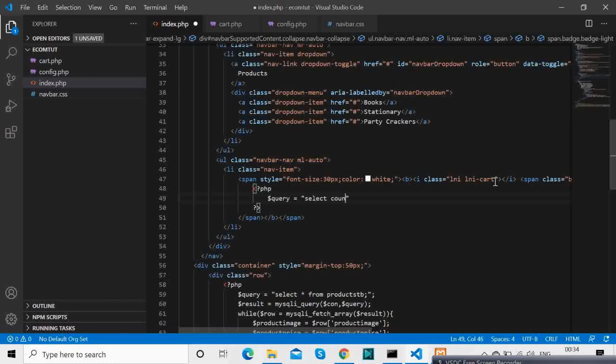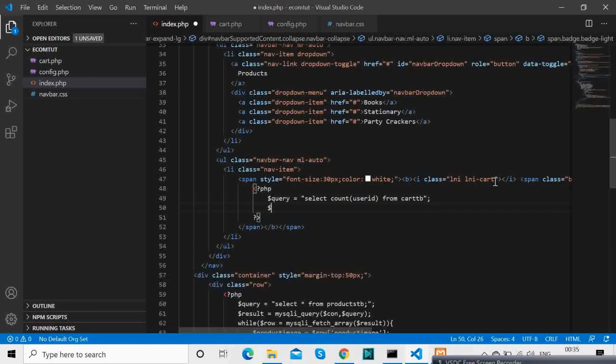So what I am doing is I am populating the number of items that are there inside the cart for a particular user. So basically we are counting the number of user IDs which a user has, and based on that we are just